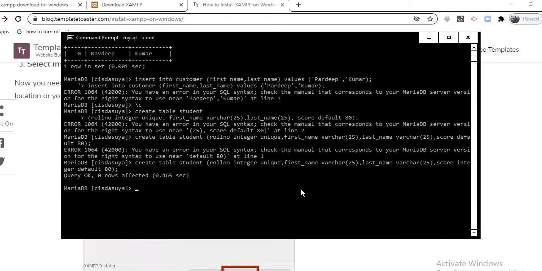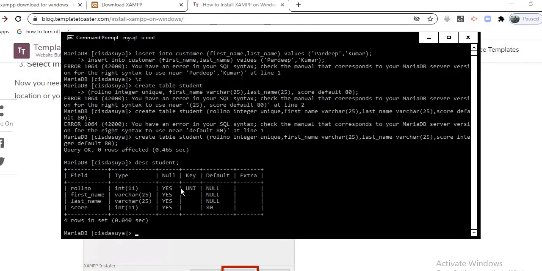Now we can see the structure of the student table. Now this sort of structure it is. Now students, we have a key also, unique key, and null is yes, and default value is this one, and score's default value is 80. Now we put some example here. Now let's say we want to insert values into my table name is student, and the value I want to place first is roll number,